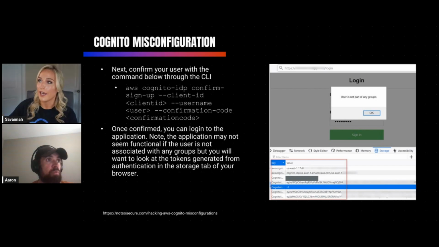But if you open up the storage tab in Firefox, Chrome, whatever you're using, you'll see those tokens that Cognito is generating. It generates a few different types of tokens, as you can see in the slide right there. That's where we can leverage them for further abuse. To me, this is a really neat attack, because I've never really heard anyone talk about it besides CloudGoat. It should definitely be something people look for whenever they're doing any type of AWS pen testing.